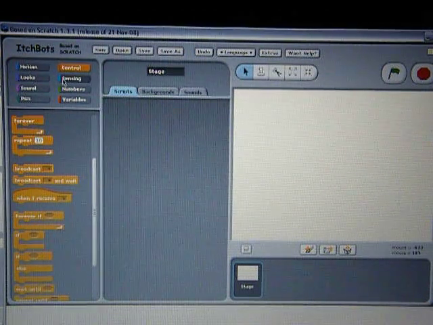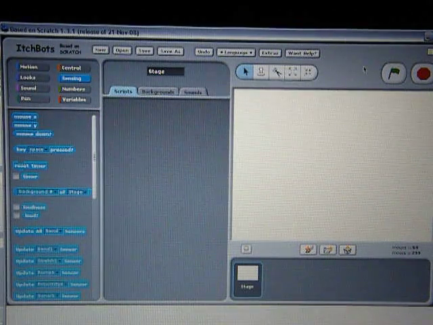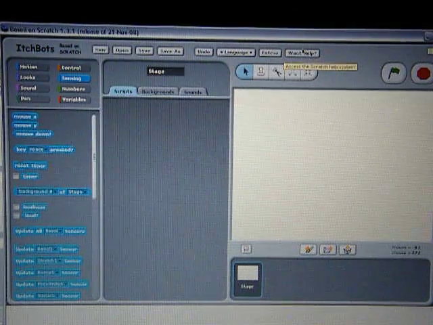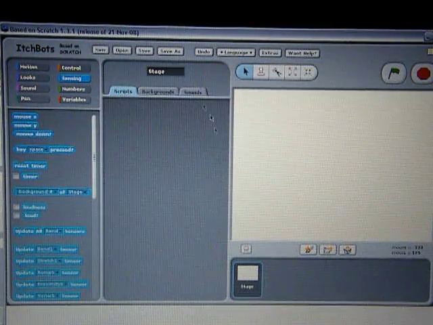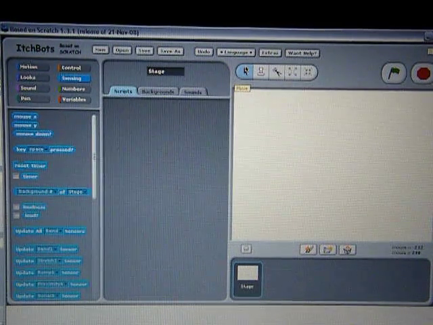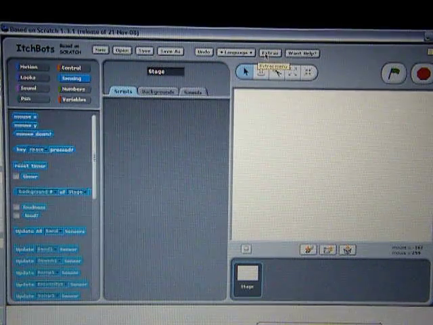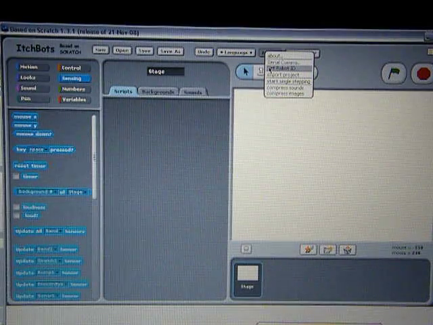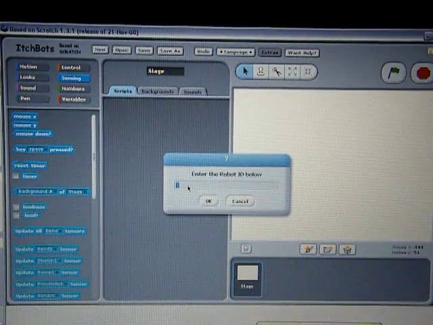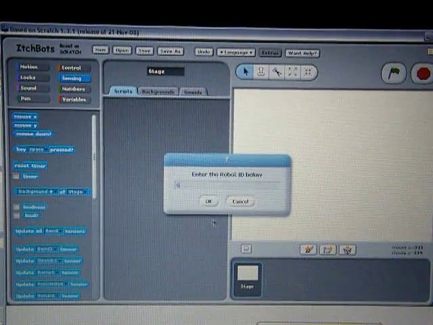Now, I have Marvin on standby here, so I'm going to actually go and show how to actually work with this robot from a sensing perspective. Now Marvin's tethered by a hard wire, so his motors are actually hoisted in the air so they don't move. So to begin with a robot, as I mentioned before, I put them on a wireless link. So you need to set a robot ID in order to ensure that you're picking the right one. So I set Marvin to be by default number 5,